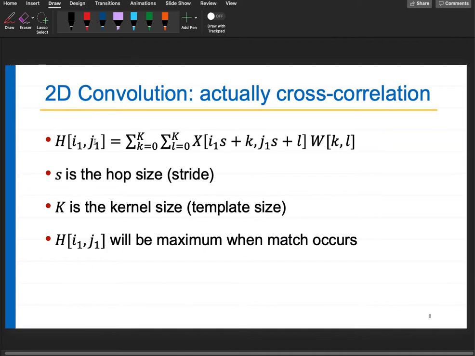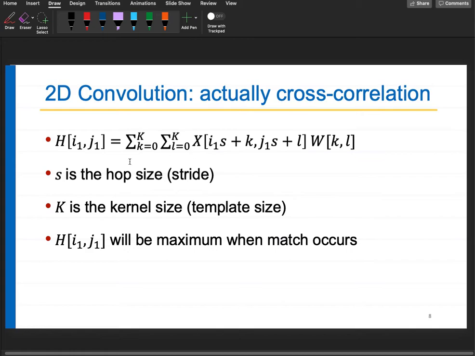This is a mathematical formula which I just wrote while preparing this lecture. There can be some errors here, but as of now, it looks all right. It is a simple thing. You are scanning over the entire image using this W kernel. I call it kernel. Kernel means your template. Is it clear? Kernel is your template, and you are scanning over the entire window. When you scan it over, you get H i1, j1, which is another 2D matrix that you obtain as the scores of matching the window with the image.